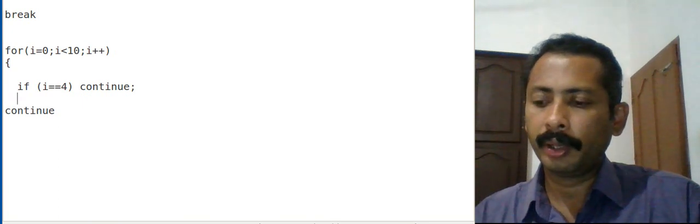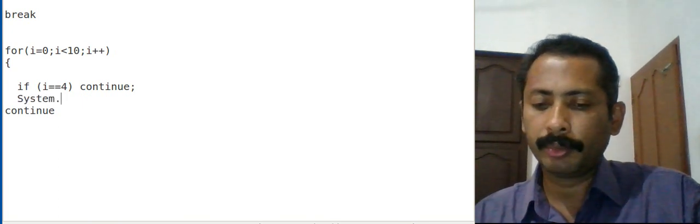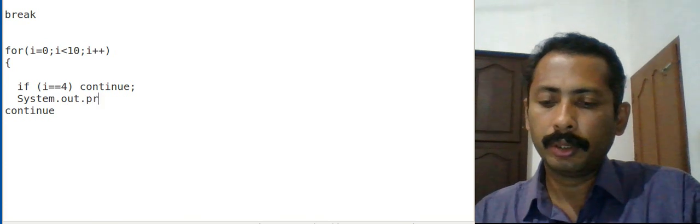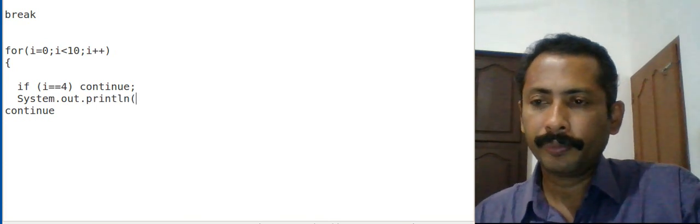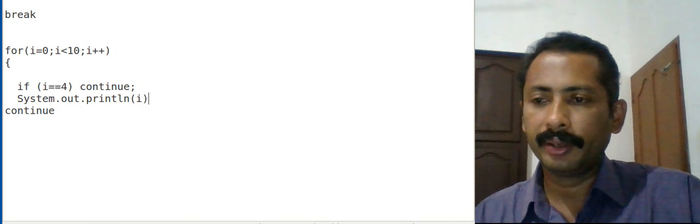Below that I am giving the print statement, System.out.println, printing the value of i.